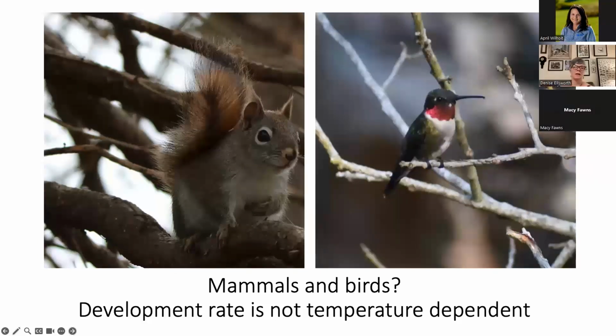There is something to say about ambient temperature and egg development in birds, but birds aren't growing feathers faster in the summer versus the winter, so the rate of development doesn't change from season to season based on the temperature. So we can't as reliably plug mammal and bird events into our calendar. So we are focused just on insects